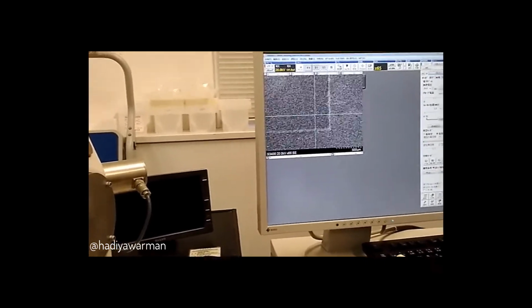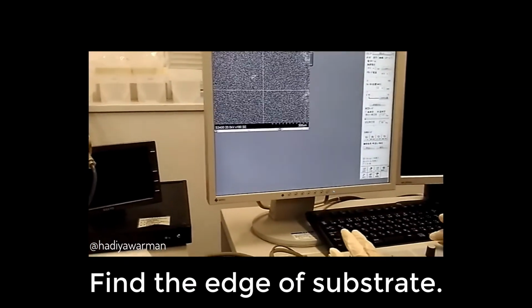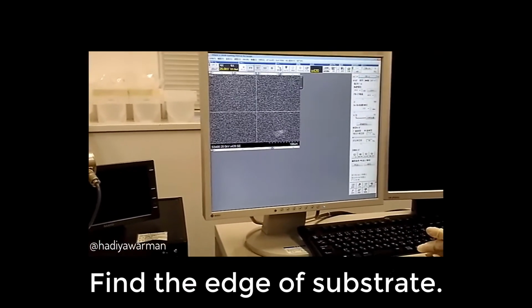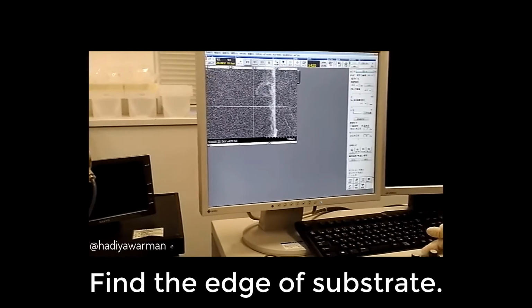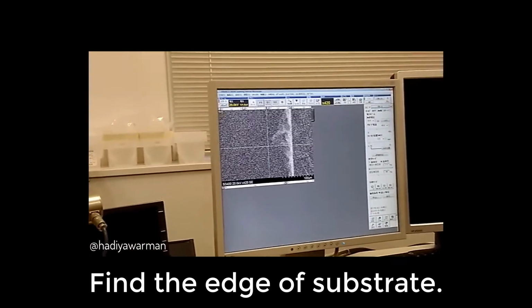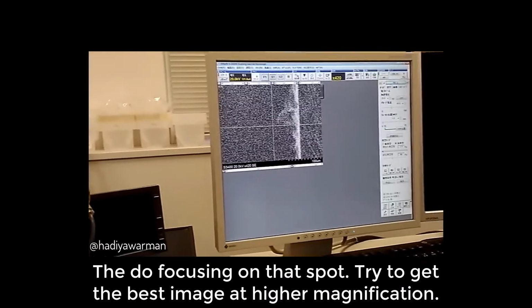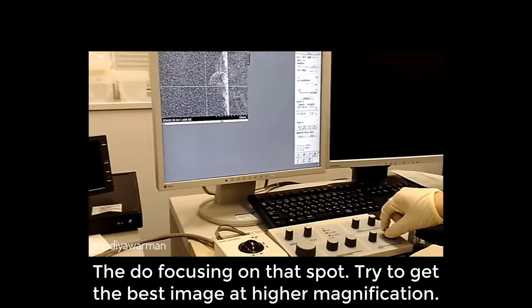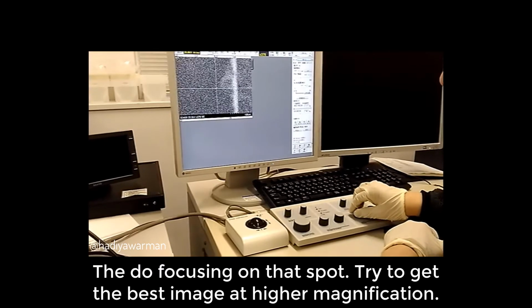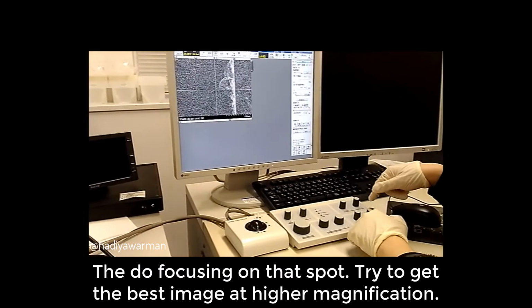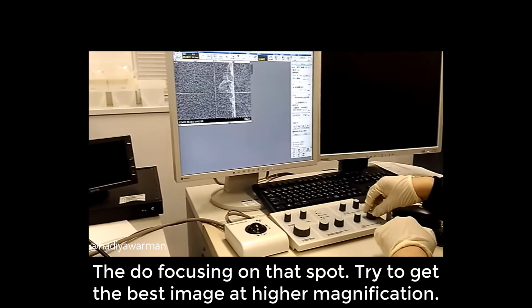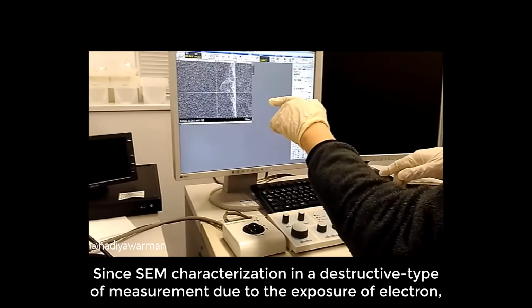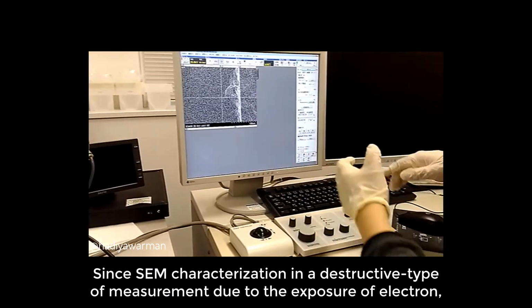Then you can make the magnification bigger. Focusing, first time, using that, coarse and fine. Okay. So if it's already clear, no need to change the